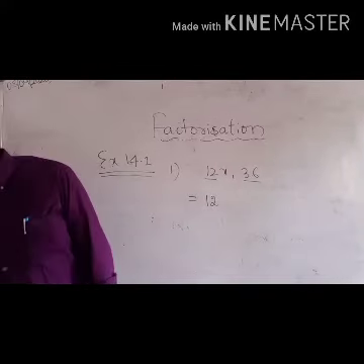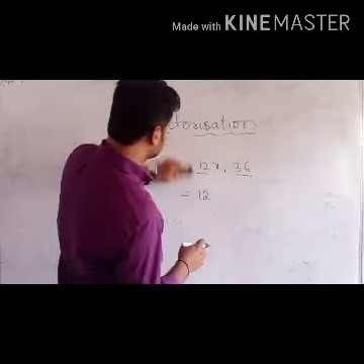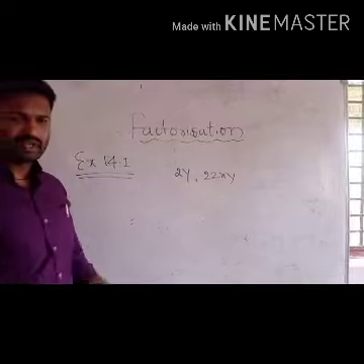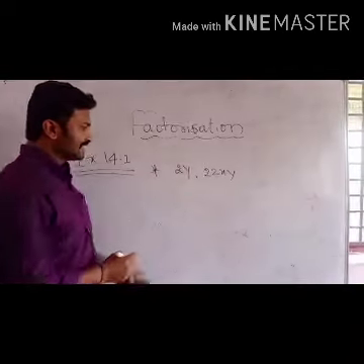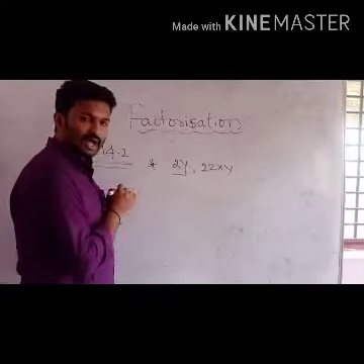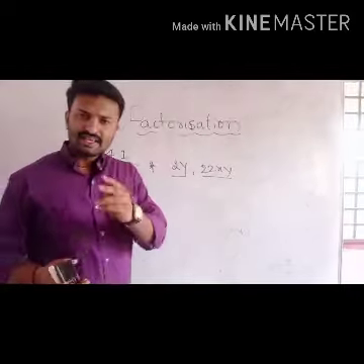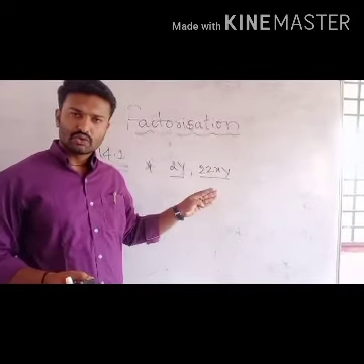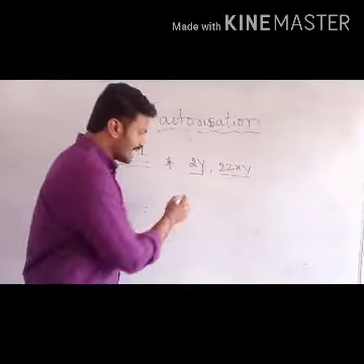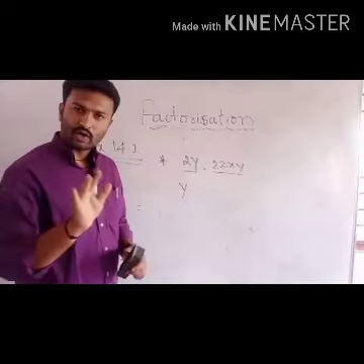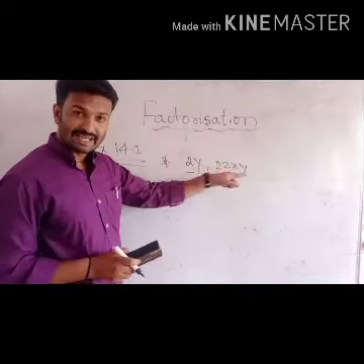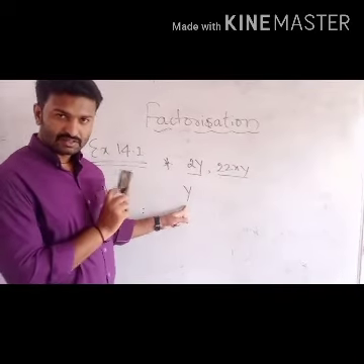Very simple. And one more example, 2y, 22xy. So very simple. Is there any common variable here in 2y and 22xy? We have to go through common variable first. Here y is there, here also y. I will write y common outside. Here x is not there, we cannot take x common. Y is there on both sides, we can take y outside as a common.